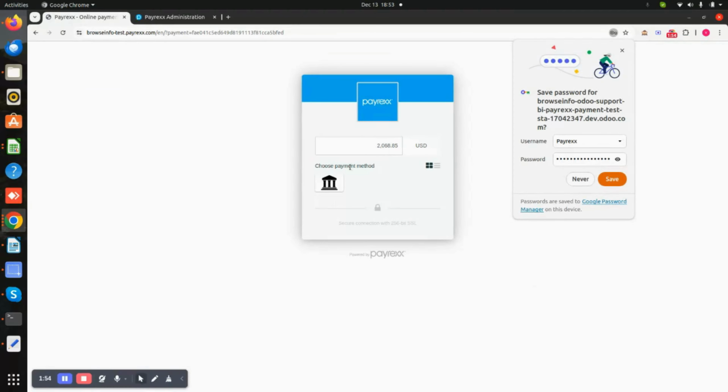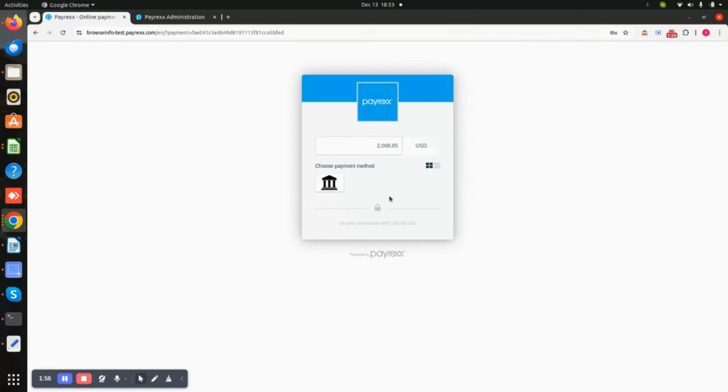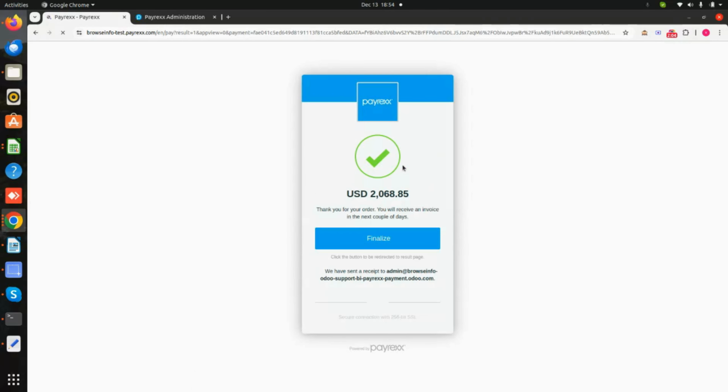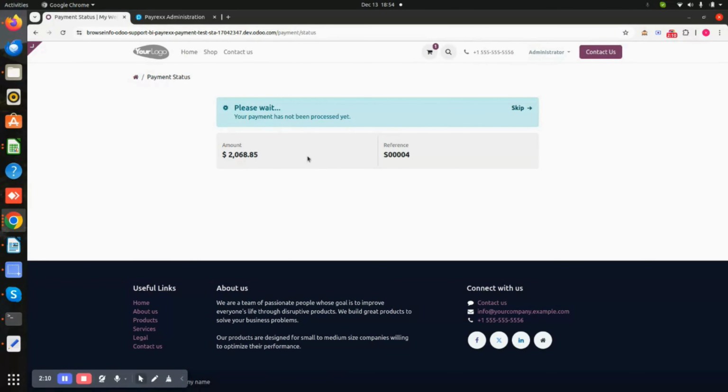And here you can see there is a choose payment method. So I'll click on this, and here you can see there is a pay USD of this much amount. I'll click on that pay USD, and once it's done, you will be able to see this finalize. So I will click on finalize, and here you will be able to see please wait, your payment has not